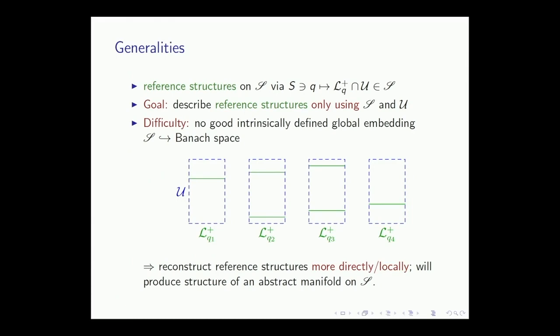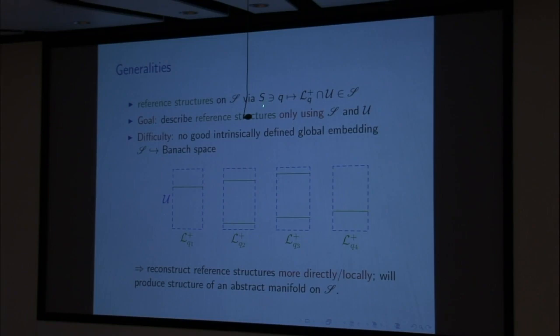Well, you know what structures you should get at in the end. So somehow what you want to do is, okay, you have the set of sources, and imagine you already knew exactly what it looked like. So for instance, you know the topology on the set S, so you know when 2 points are close. Then you just declare, well, I'm going to declare 2 observations to be close if the original points were themselves close. Or I'm going to assign some coordinates to a measurement by just assigning those coordinates which I assign to the source point. Okay, so I already have some reference structure on my set of measurements that I want to recover